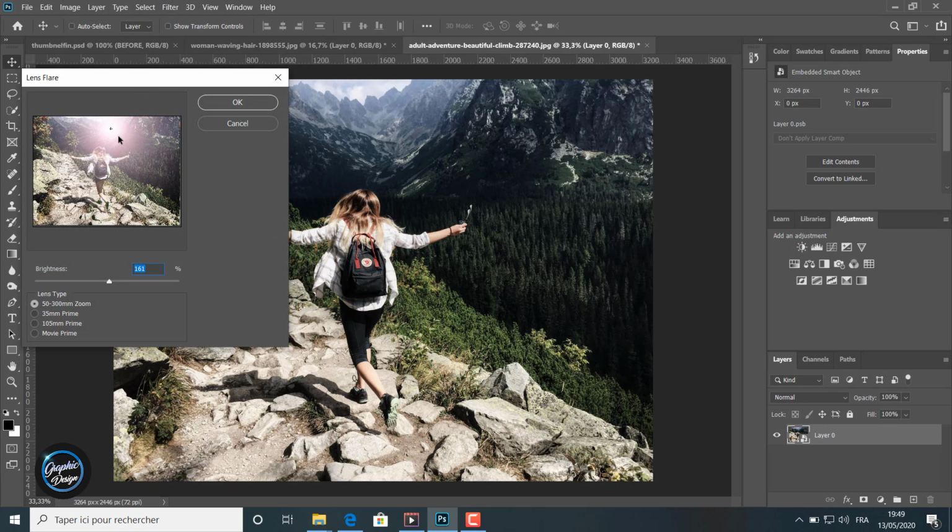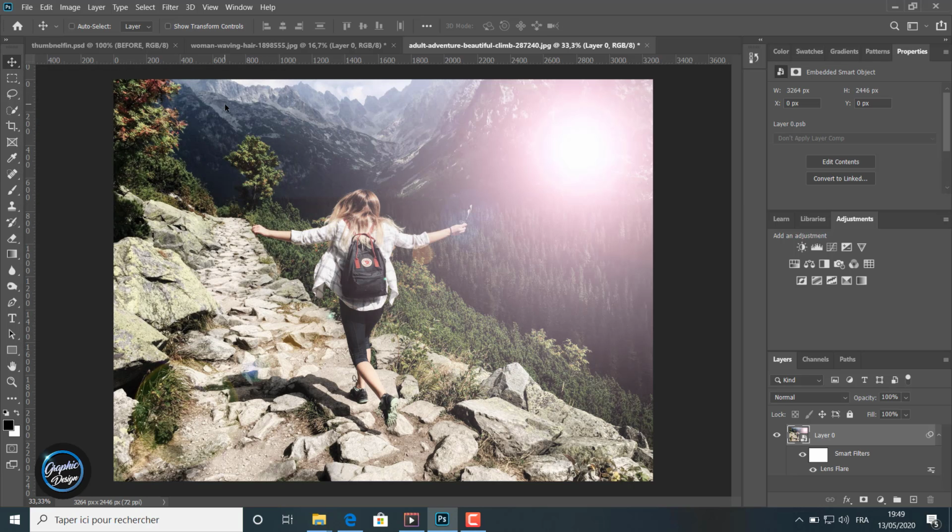When we choose the lens flare filter, like we did earlier, we can position the lens flare where we want. So in this case, I think I must position it a little at the right, and I will change the brightness a little to make it more bright. And like you can see, the filter